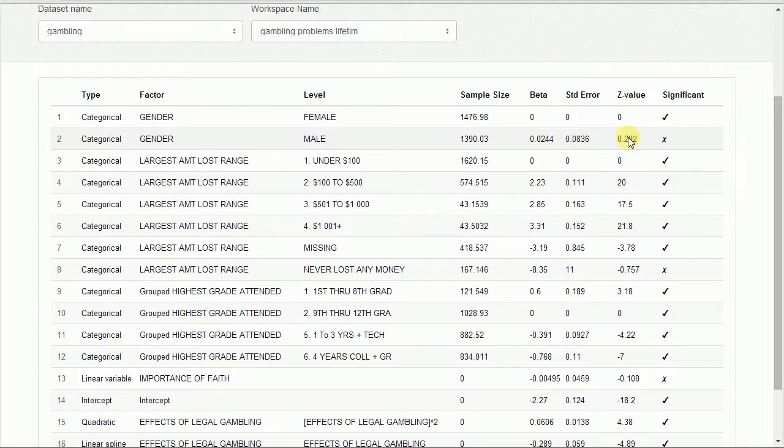The Z value is the beta divided by the standard error, and a tick or cross shows if that beta is statistically significant or not. However, the base categories, not having a beta per se, are always just ticked. This shows a tick if the Z value is greater than 1.96, or a cross if the Z value is less than 1.96. 1.96 is a magic number in statistics, as it represents the 95% cutoff for the coefficients being